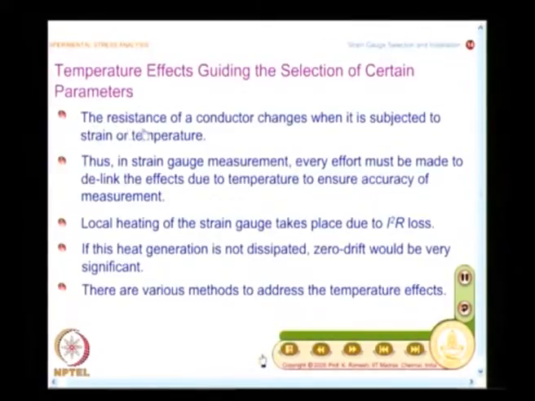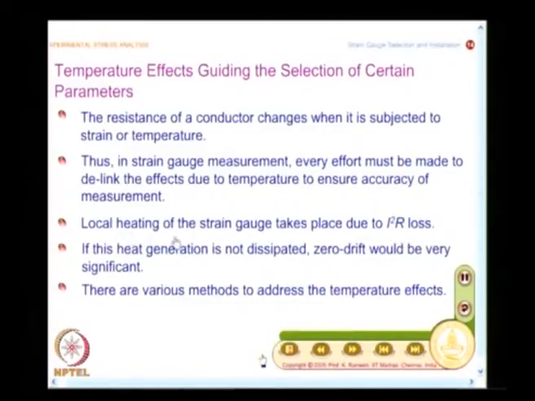The basic idea is the resistance of a conductor changes when it is subjected to strain or temperature, and the question is, how does temperature change come about in a strain gauge? Local heating of the strain gauge takes place due to I squared R loss. So, this is a very important aspect and a very subtle aspect too.